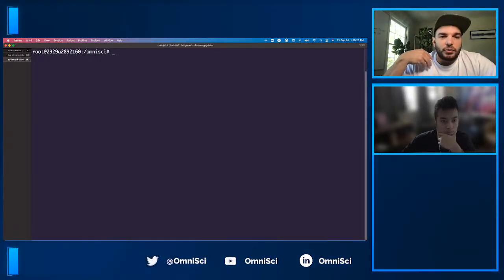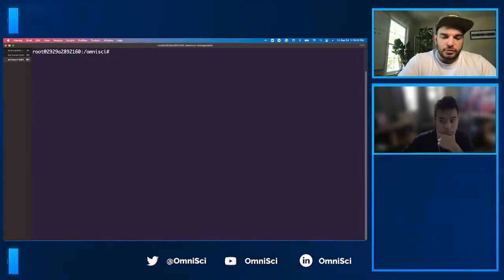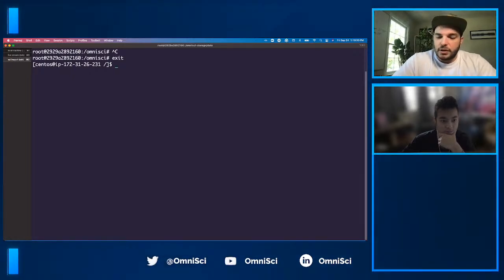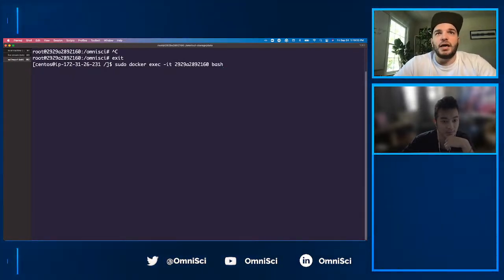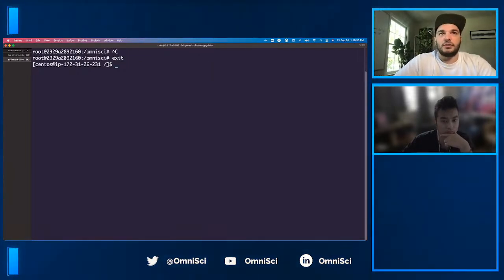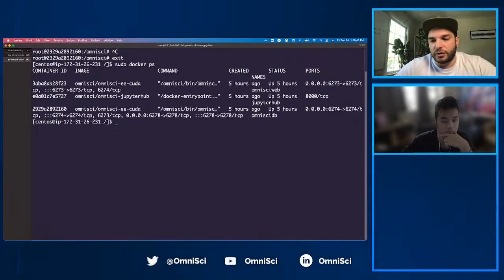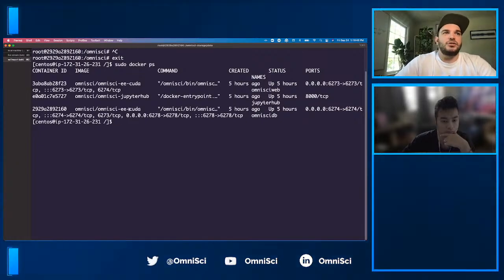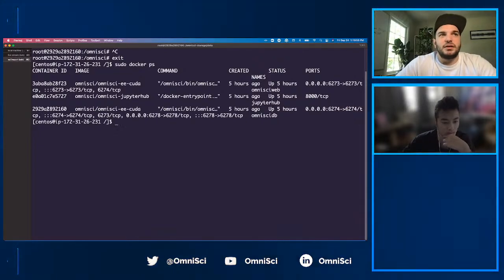You can go and grab all that, and actually let me jump out. I did that a little quick. That doesn't help anybody out. So all we're doing here is taking the Docker container, and let's actually do it like this. So if we go sudo docker ps, this is going to give us all the Docker containers that are currently running on this machine, and you could see that. Let's see which one. This one right here, this 292. This is the Docker container ID that we want to use to actually jump into the Docker container,